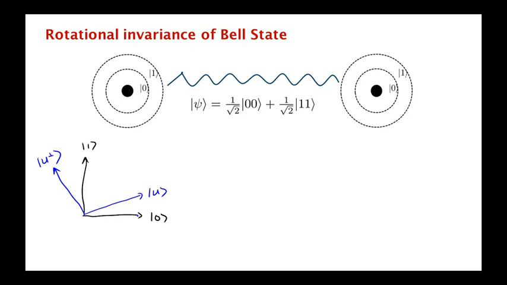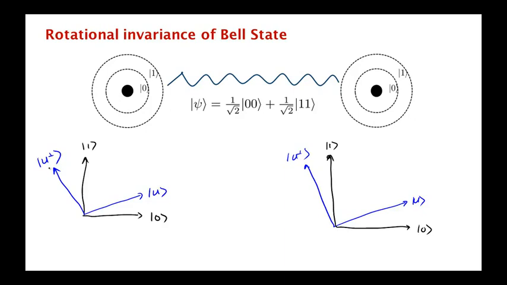And we do the same thing for the other Bell state. We measure this one, the other qubit in the Bell state, we measure it also in u, u perp. Okay? The remarkable fact is that if we are to carry out this measurement, well, first of all, we'll see